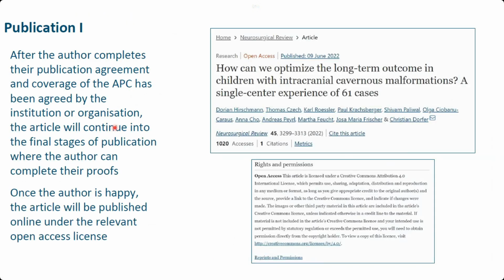Next, you will receive an email and notification: congratulations, everything has been formalized. We have also updated the formatting of your manuscript. In terms of formatting, you don't have to worry at all. We will take care of it. We will only come back to you and ask, can you please cross-check that your article is well formatted? If yes, then we will proceed to publish as it is. Once you cross-check and you're happy,